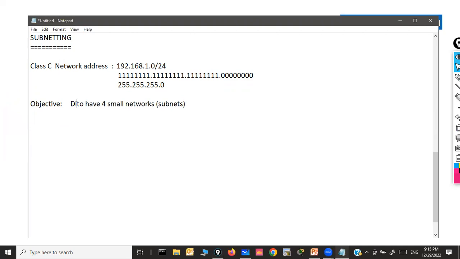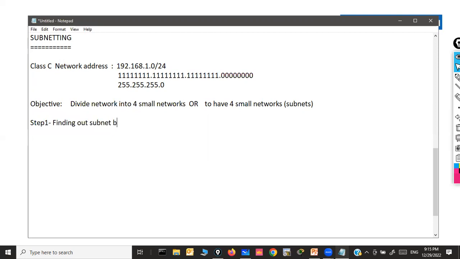So the requirement or objective is either to divide the network into 4 small networks, or we can say to have 4 small networks, one and the same thing. So based on the requirement, we decide how many bits need to be borrowed from the host portion, because that's the very first step. In the first step in subnetting, what we do, we figure out